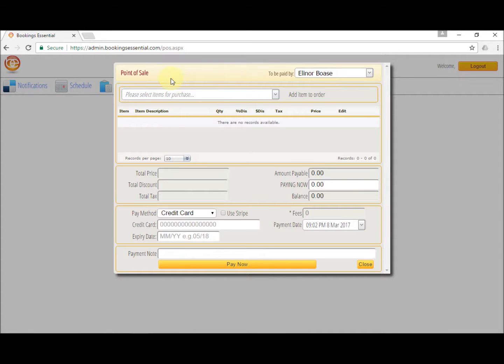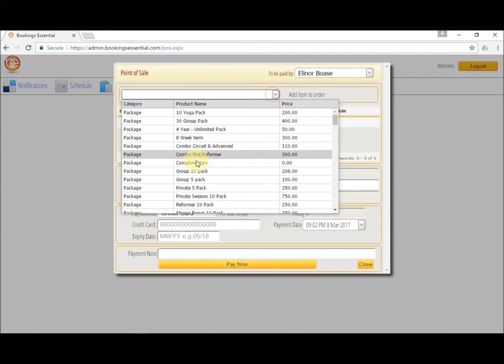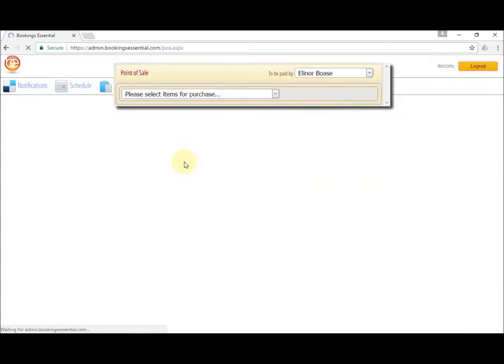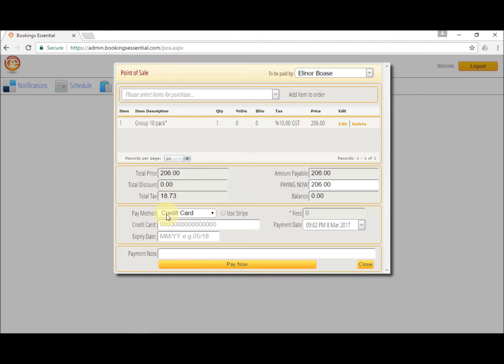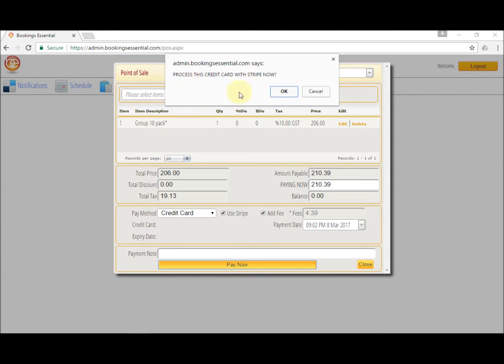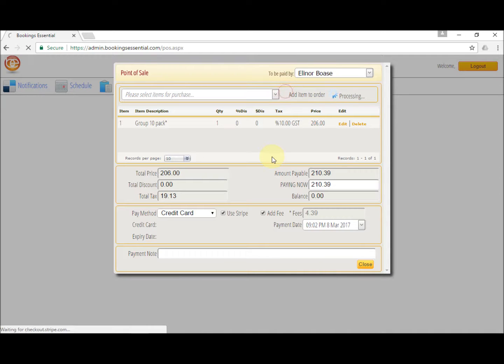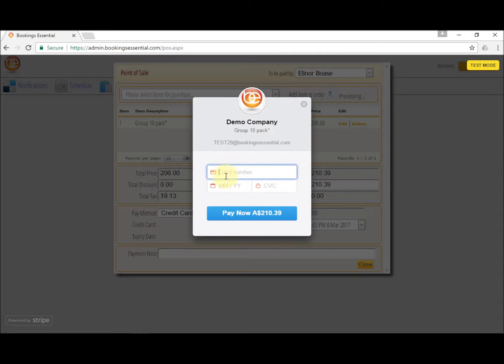So I've just gone into the point of sale and I will pick a package for processing here, and you can see that the default payment method has automatically been selected here. I'll choose to use Stripe and I will choose to add the processing fee. If I click pay now, it will prompt us to remind us that it is about to process a credit card with Stripe. It will pop open the Stripe